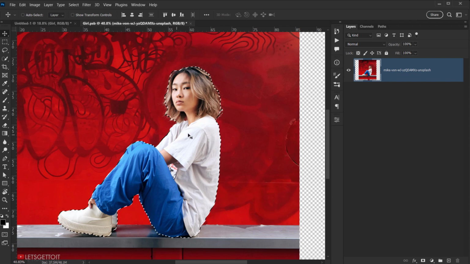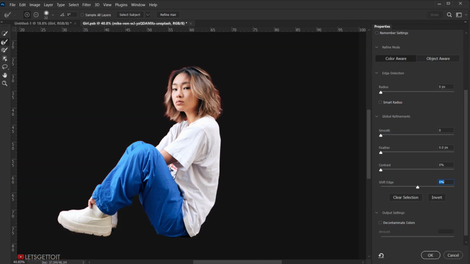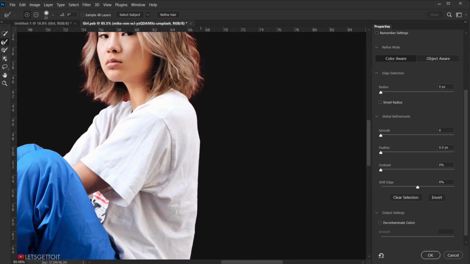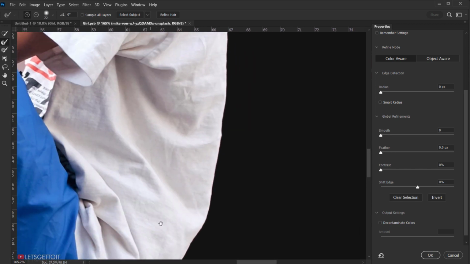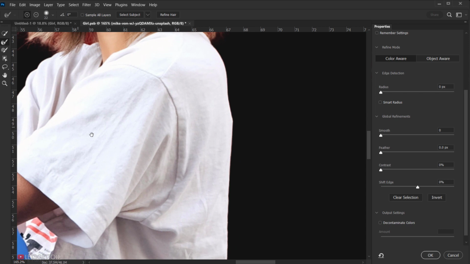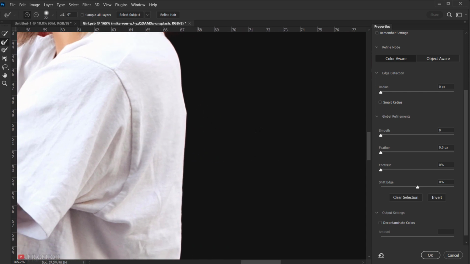Alright, as you can see, our selection is done. Now we'll go to select and choose select and mask. Alright, I think we have a good selection. I mean, it's better if you do it with the pen tool, but for this tutorial it's good to use the select and mask. Alright, now I only want to add a little bit of smoothness to the edge, so